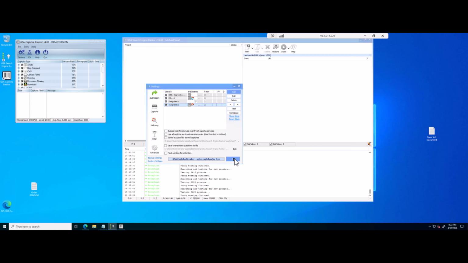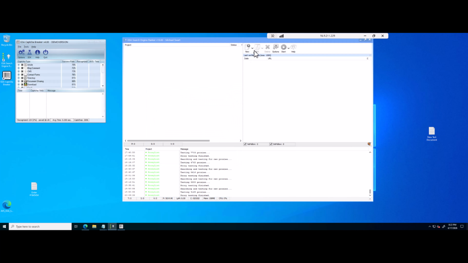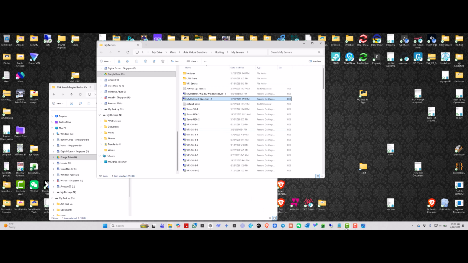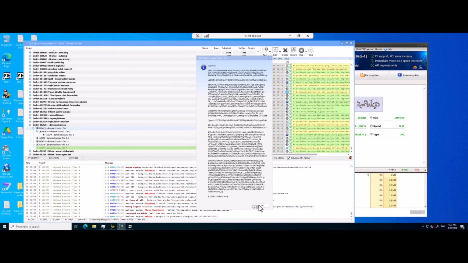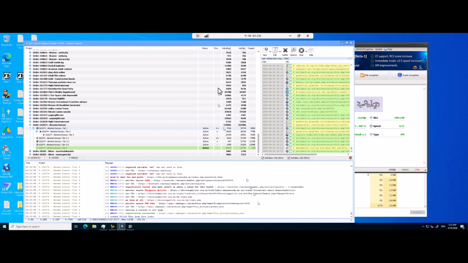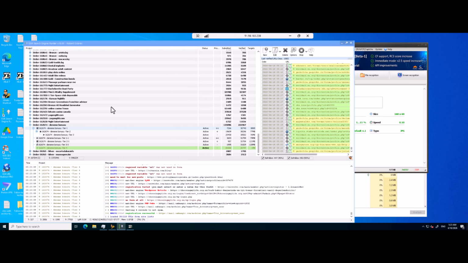Okay, so let's look at that now in a live environment. Let me find that server again. So here we have a project running. Actually, I think it's only this one tier that's still running. But if we go and look at the CAPTCHA servers here,